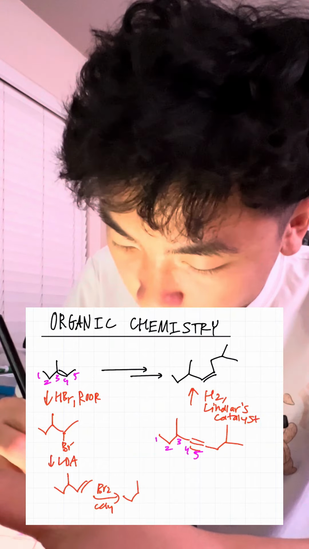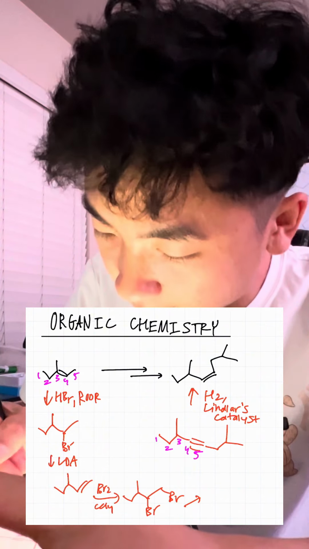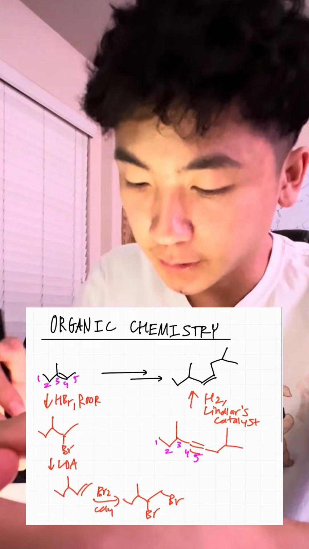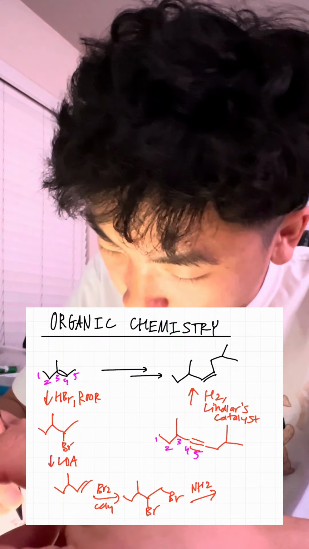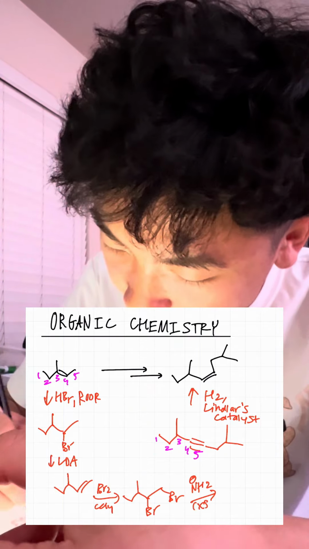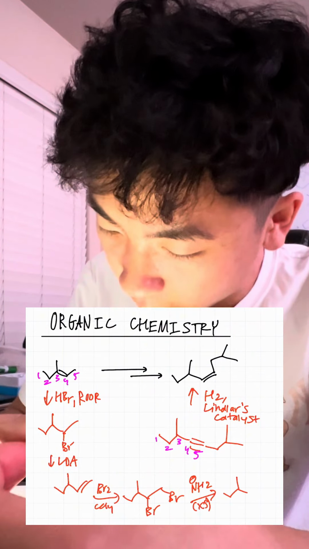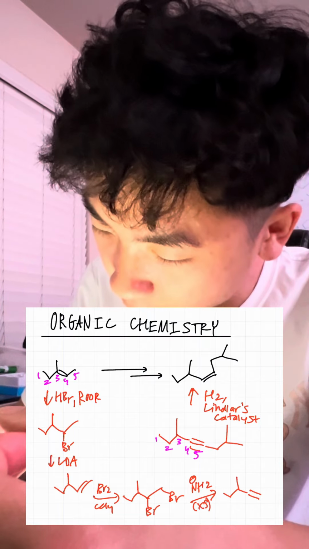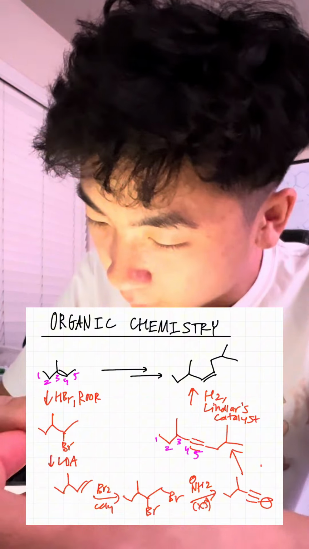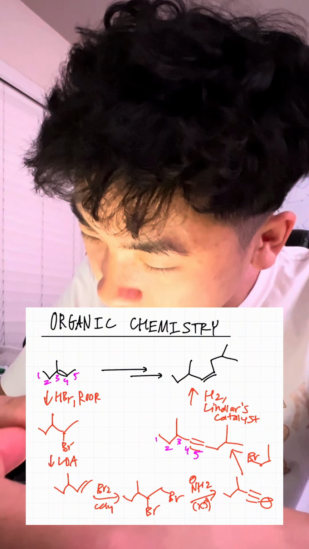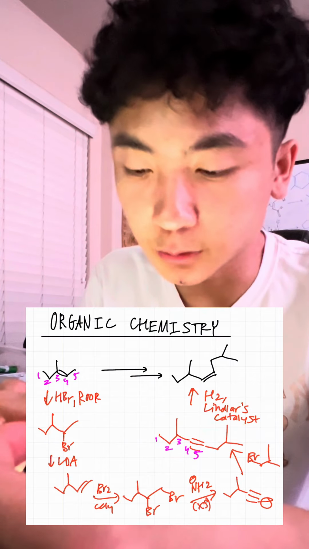Br2 in CCl4 to add bromines on both carbons, which is going to then be converted into an alkynyl anion with NH2 minus in excess, right? Because it's going to do E2 reaction multiple times until it gets to this alkynyl anion right here, where we can go to here by doing an SN2 reaction where we add this primary haloalkane to get to this point, which will then do H2 Lindlar's catalyst and reduce this internal alkyne to this cis alkene